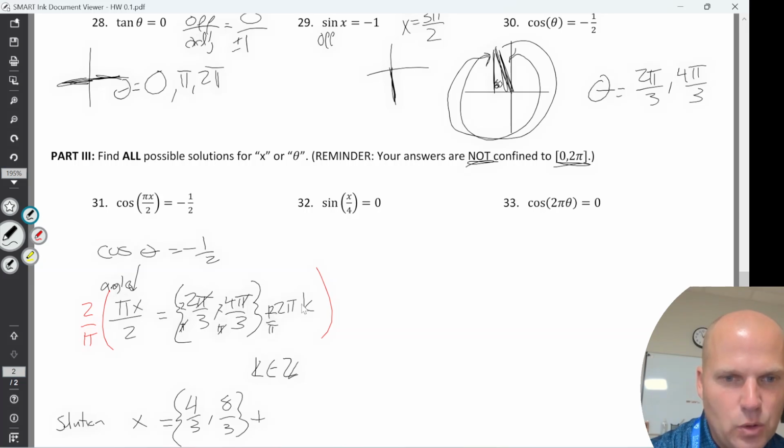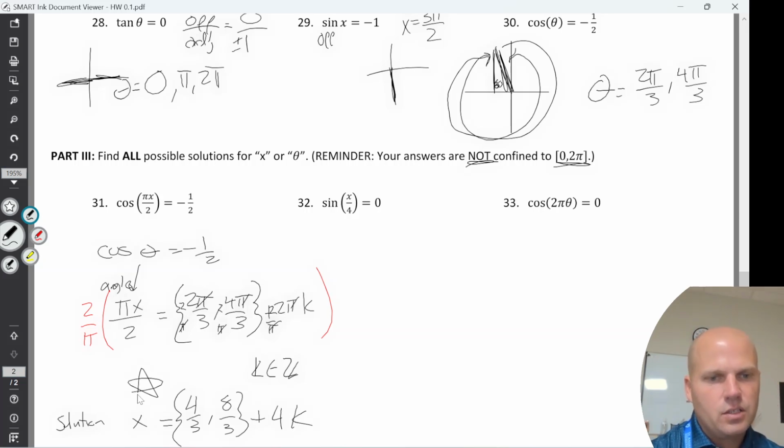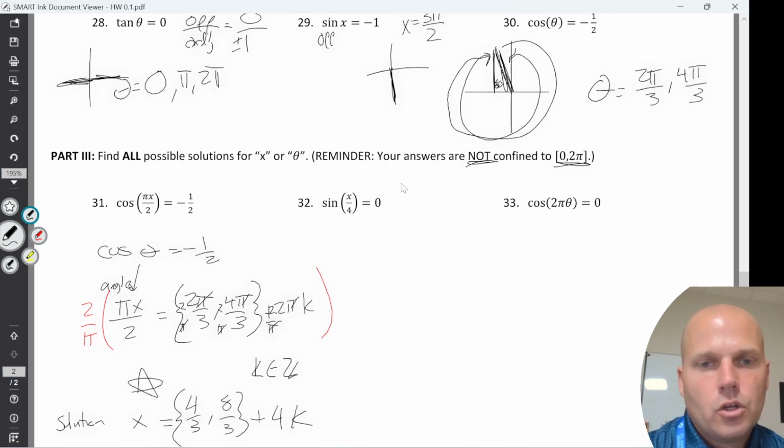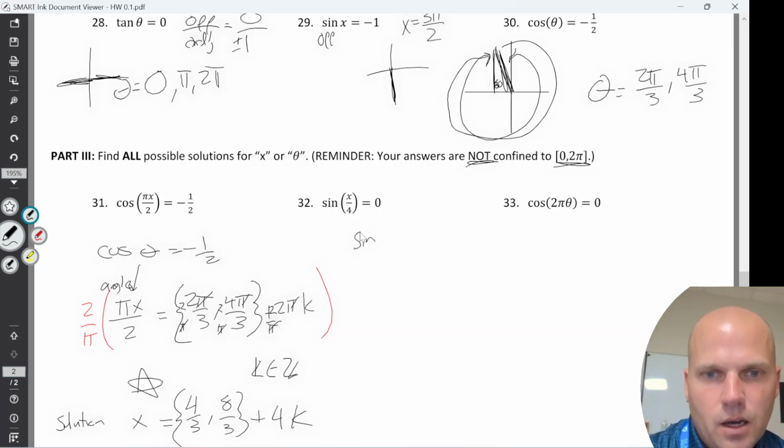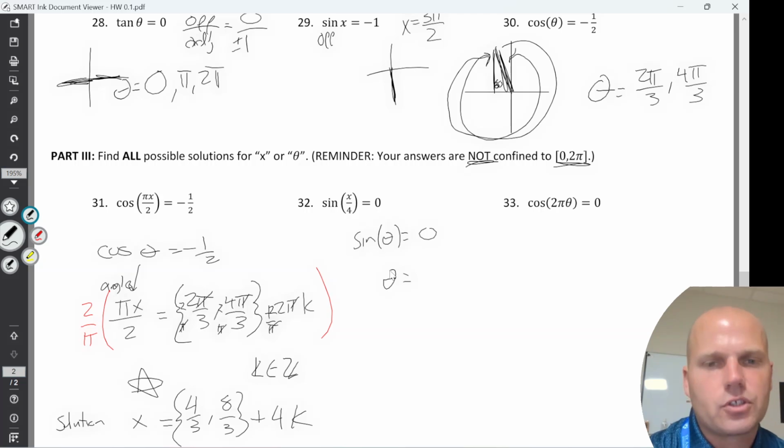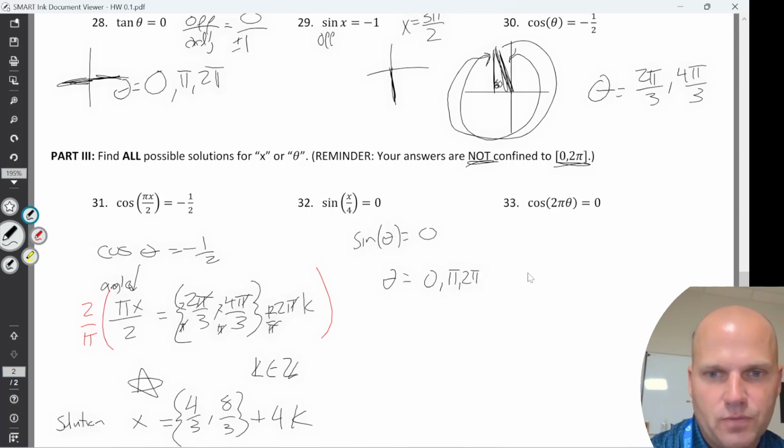Multiplying this by 2 over pi, the pi's cancel, and it becomes 4k. This is what we're looking for, the answer. We start with our angles, understand our coterminal angles, the whole 2 pi k, but then manipulate our angle to find our solutions. So sine of an angle equals 0. What are our angles? My angles are 0 and pi and 2 pi and multiples of 2 pi. So I can really just start with